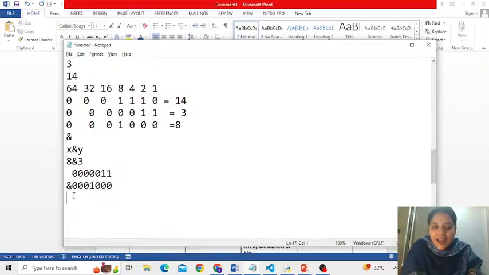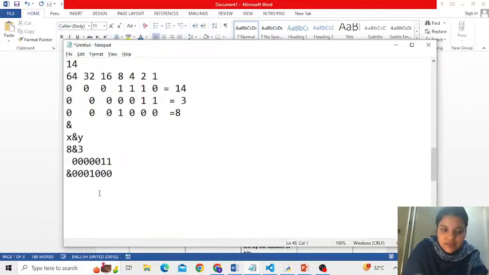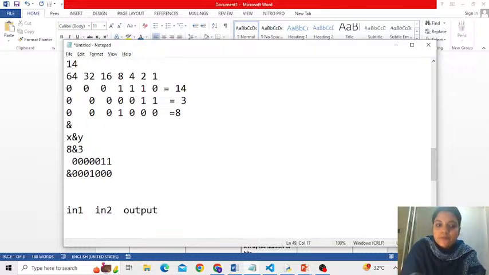Remember, AND gives an output bit of 1 only if both the input bits are 1. This is the first input, input 1. This is the second input, input 2. And this is the output.